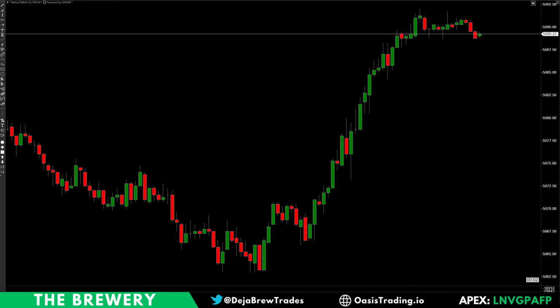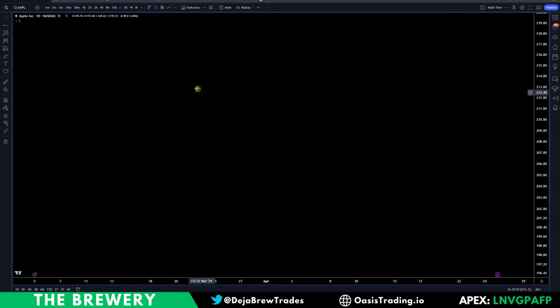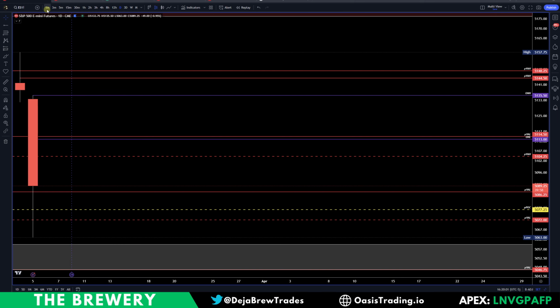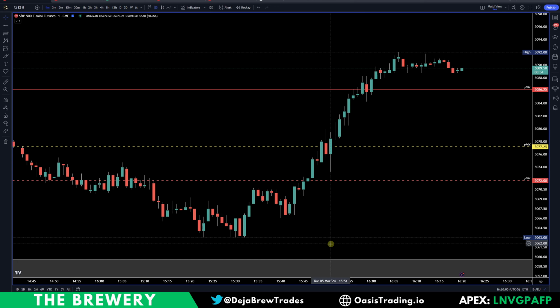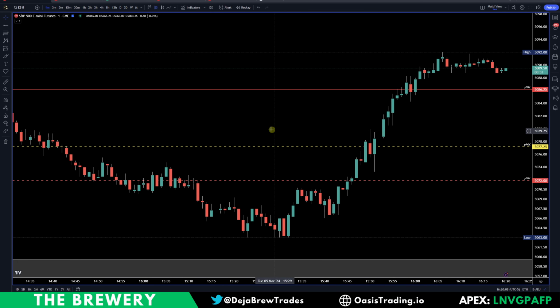If I go back to TradingView, let's go to a 1-minute chart here. I can show you my fib levels. Ignore all my other drawings. Sorry, my chart's a little messy. But if I show you my fib levels here,